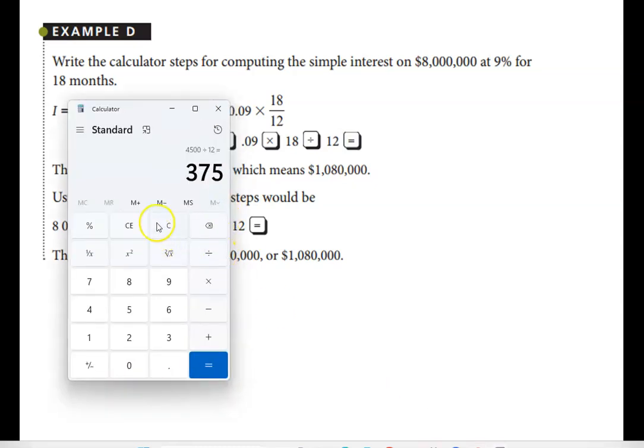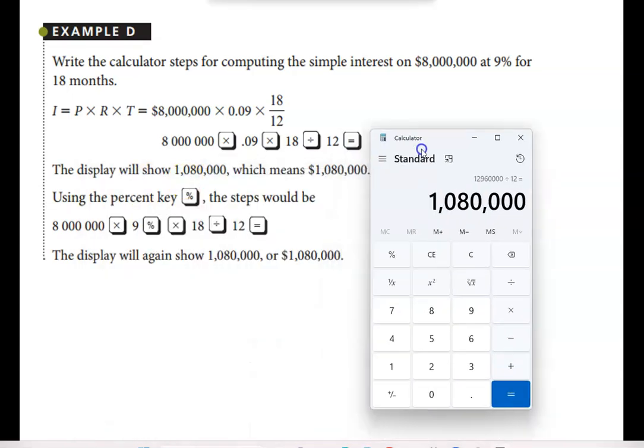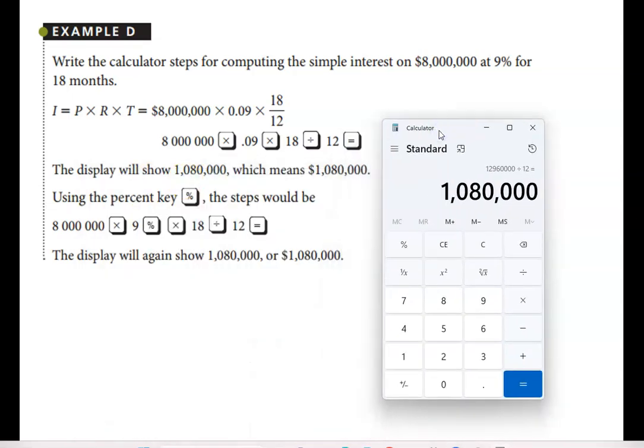Okay, and so we can see the difference here if I enter it the first way with $800,000 or $8 million times 0.09 times 18 divided by 12. Okay, so that gave me $1,080,000. I could also do 8 million times 9% and times 18 divided by 12, and again that gives me